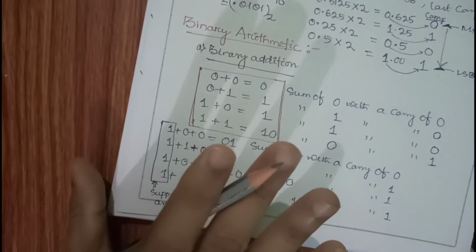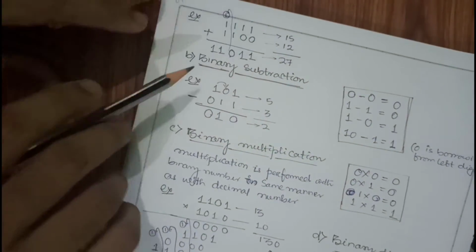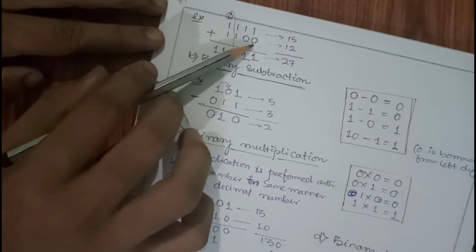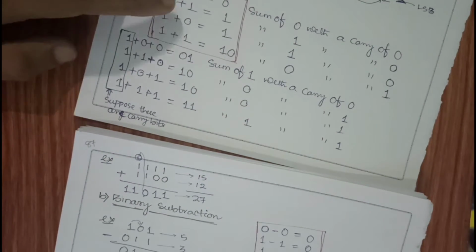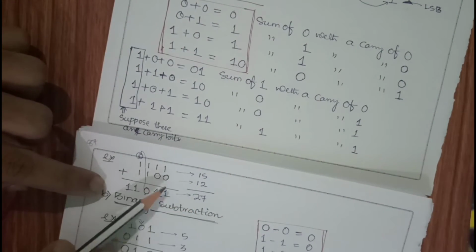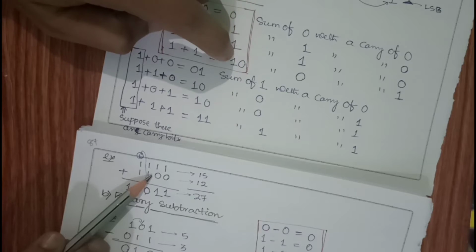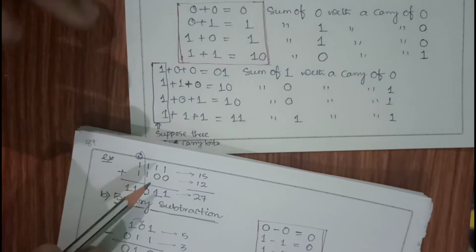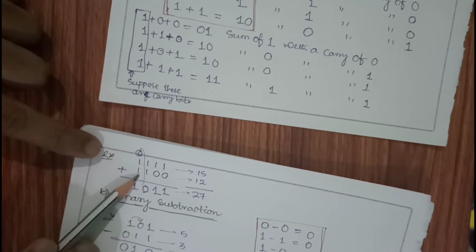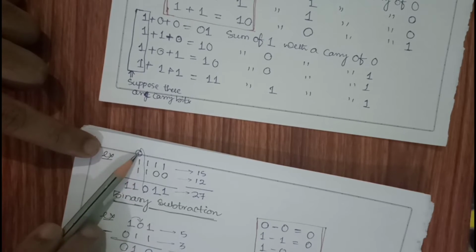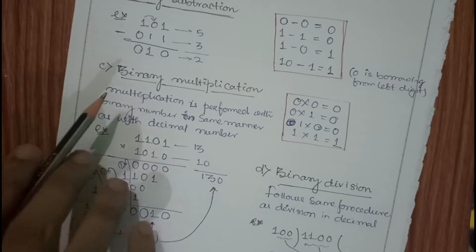So this is the simple binary addition. You will need these formulas to solve any binary addition. You can see over here, we are adding 1 1 1 1 with 1 1 0 0. 1 plus 0 is 1. Use this formula and apply over here. 1 plus 0 is nothing but 1. 1 plus 0, 1. 1 plus 1 is nothing but 1 0. So the 0 will be the sum, 1 will be the carry. You can see over here, 0 is the sum, 1 is the carry. So 0 is the sum, that 1 is carried over here. Okay. And then 1 plus 1 is nothing but 1 0. Again 1 is added. So 1 0 plus 1 will give me 1 1. Okay. So this is a simple binary addition, and similarly subtraction.